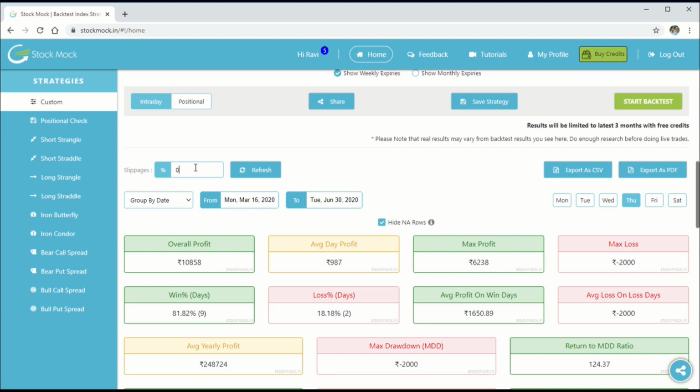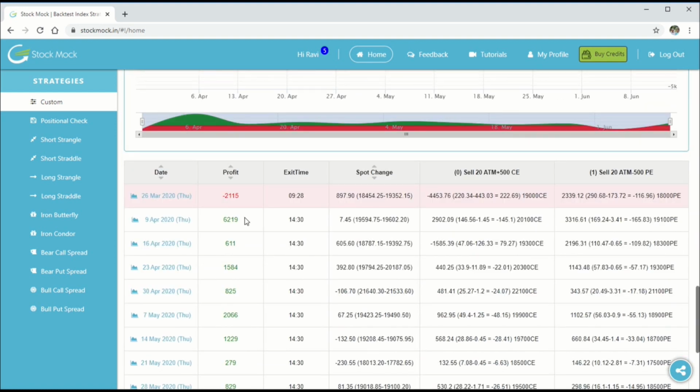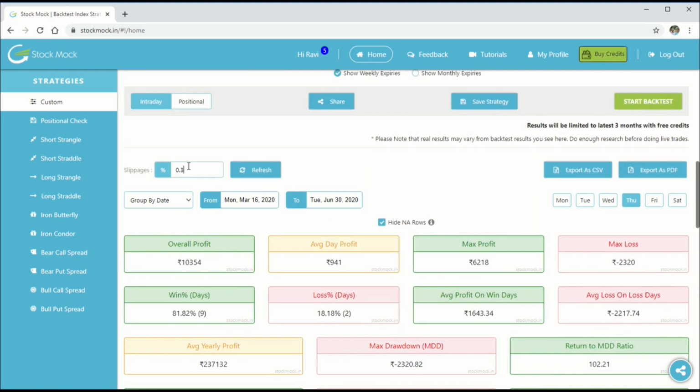Of course, there are times where the slippages have gone up to 1%. So if you want to check how the slippages work, just enter 0.3% here and click on refresh. You can see the loss percentage varies, profit varies, and the numbers actually vary between with slippage and without slippage.